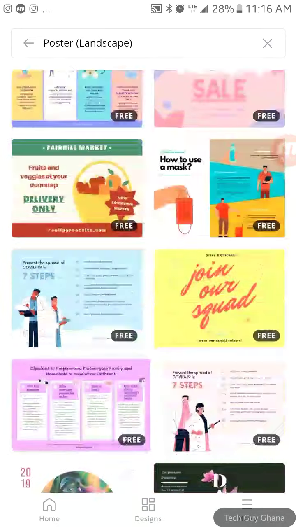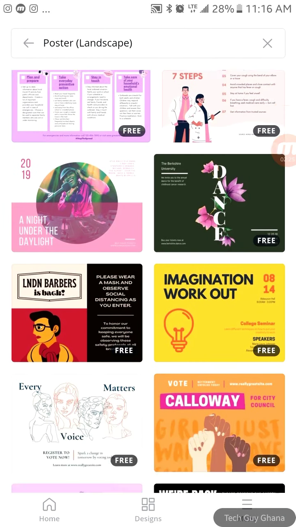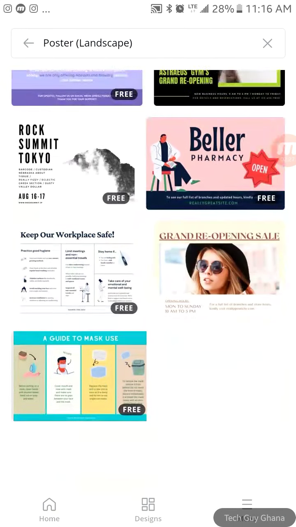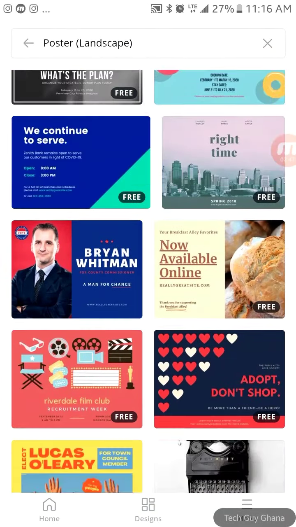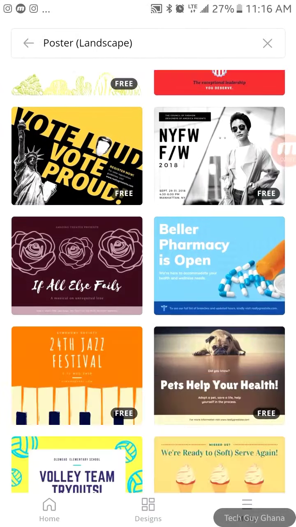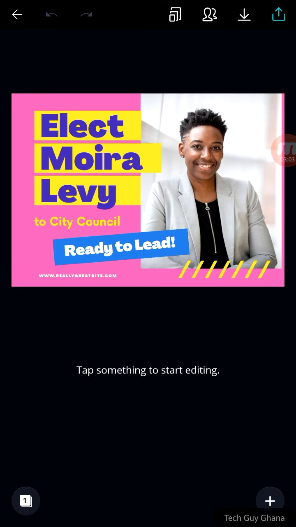Kindly choose the poster or the template which will be suitable for you. I just want to make a poster about the campaigning thing.